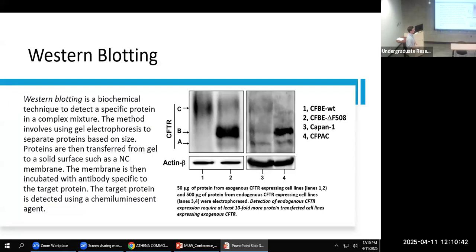But in these lanes, we had to add 10 times as much protein to get not even comparable results. In this one we have 500 micrograms, while in this one it's 50 micrograms. So not even comparable. We're having to use more lysate, which uses more material. We have to use more antibodies, which is very costly to have synthesized. So what we notice is that Western blotting is not a very effective way of analyzing endogenous cell lines for